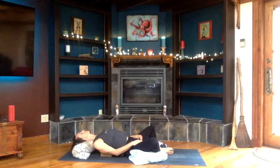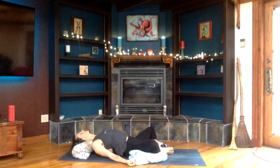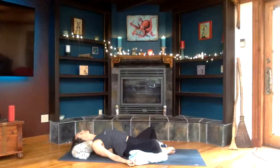And for the last 10 minutes here of class, we're going to go through supported Shavasana, kind of a yoga nidra meditation. So we want to be really comfortable and warm enough. These things are important so that we don't fuss too much with our body. So if I need to get Colby or Kanti anything to make you feel more supported,